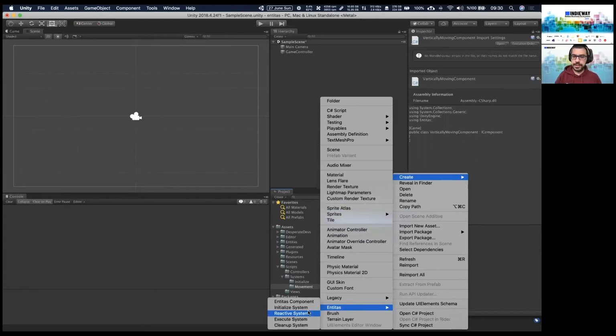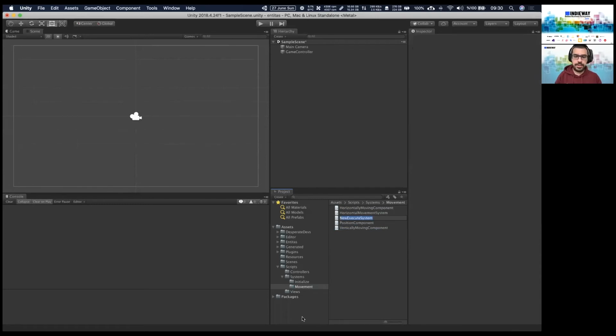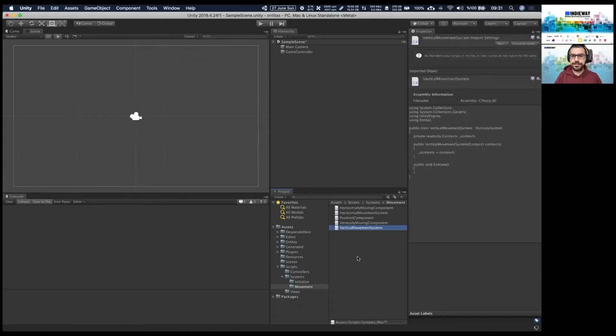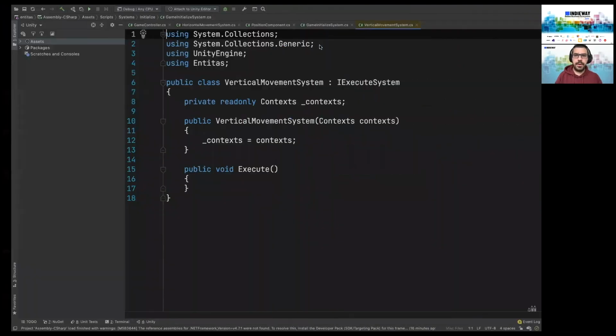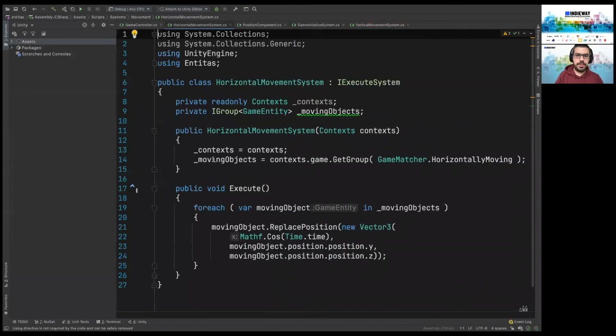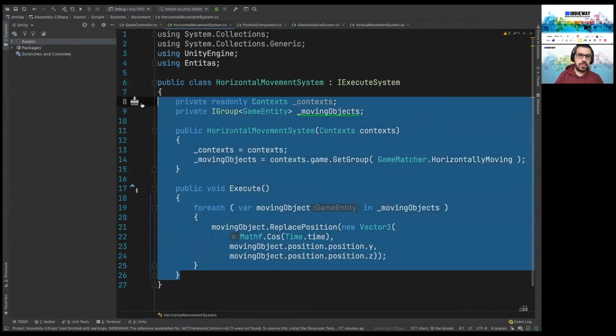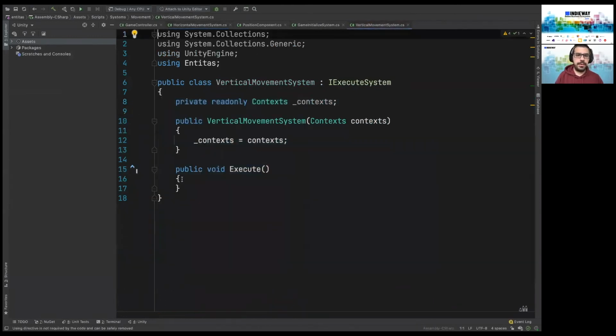I do not change the previous system. That horizontal movement system still continues. And that it won't have any difference from the horizontal movement.